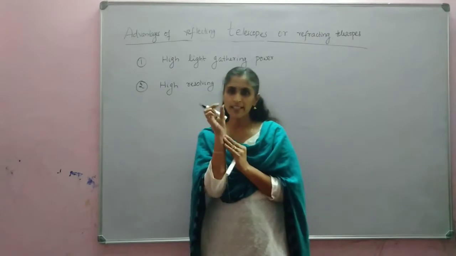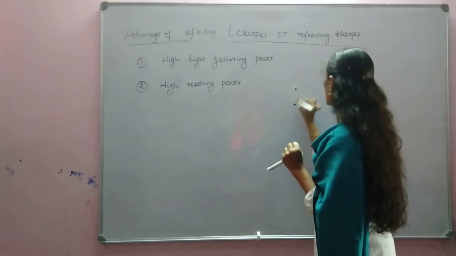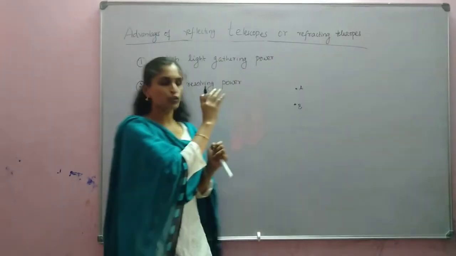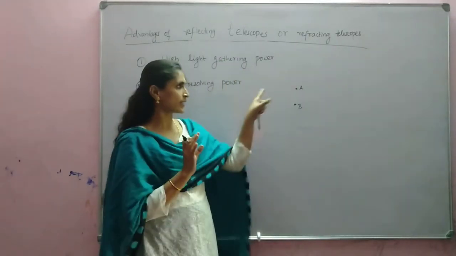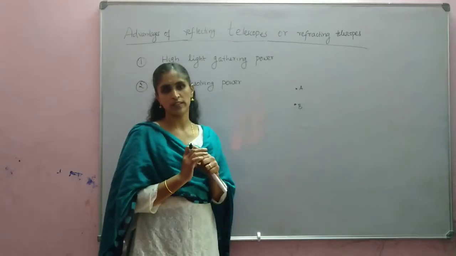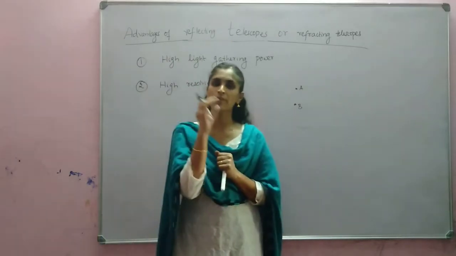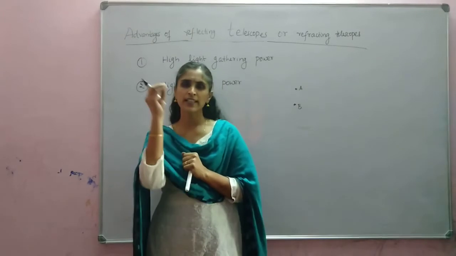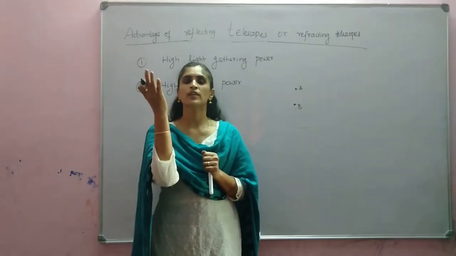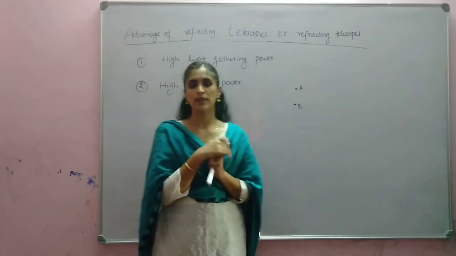If the distance is larger, for example, if two objects A and B are there, we can see those two objects as separate objects because their separation is larger. But if they come closer and closer, if we are viewing directly with our eye, we cannot see them as separate objects. If it is less than 0.2 centimeter, or 5 millimeter or 0.05 millimeter, we cannot see them as two separate objects.